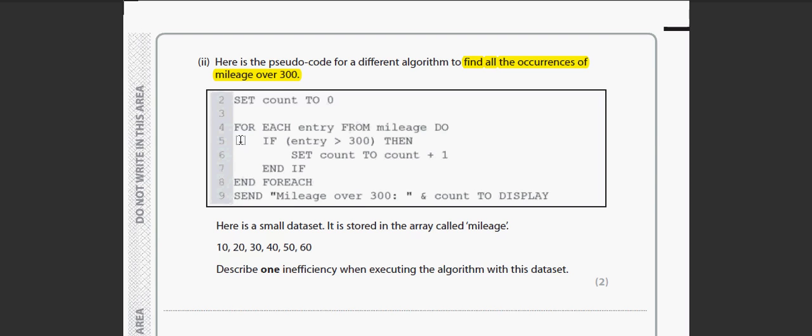For each is just the same as for. It's for every item in the list, isn't it? So for every item in the list, do this. And then end for each. Small data set, remember it's a small data set, but we're modeling what would happen with a large data set stored in the array called mileage, so for each entry, that makes sense. And this time it is sorted. Okay, so